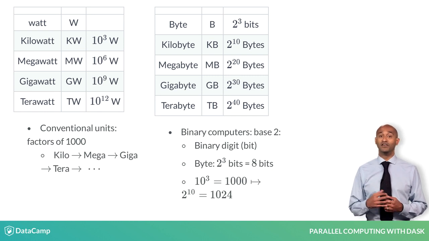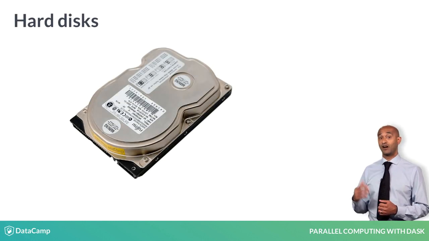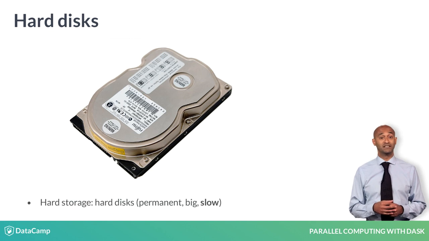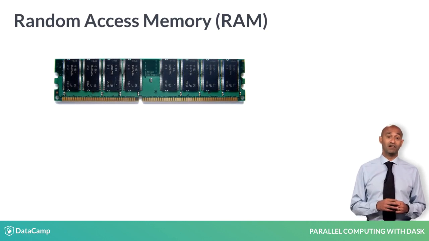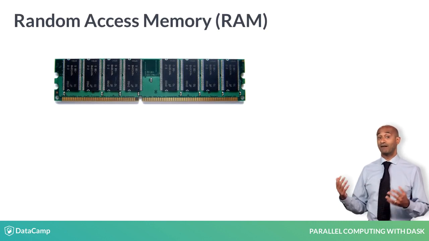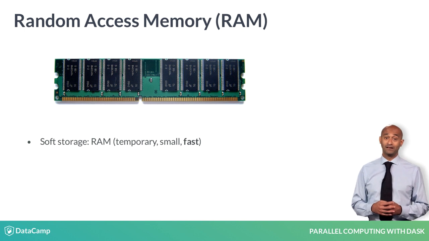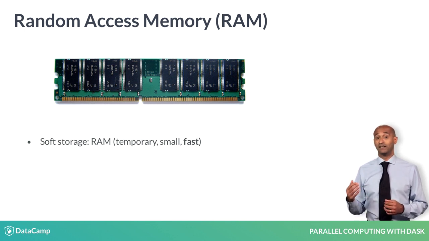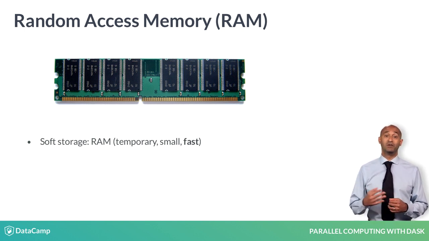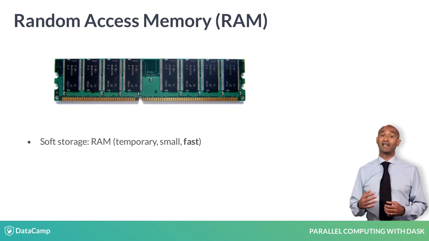Hard disks, then, are used for permanent storage. Current hard disks can accommodate terabytes of data, but require milliseconds to access data. Computers use RAM, or random access memory, for temporary storage. Data in RAM vanishes when it's shut down. Data in RAM can be retrieved in nanoseconds to microseconds, but the largest RAM configurations are a handful of gigabytes